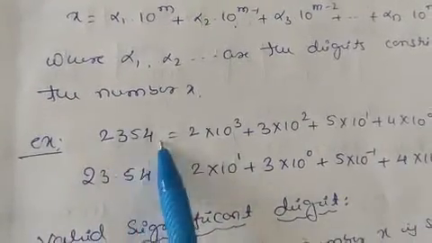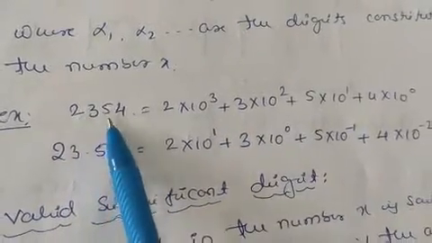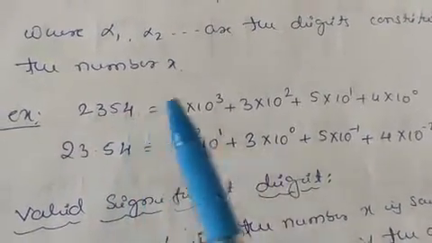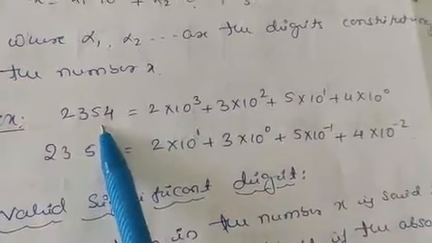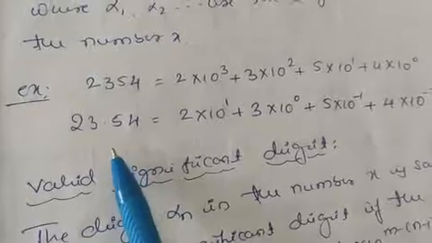Here we have 3 digits after 2, so it is in the thousands place. Then plus 3 into 10 raised to 2, since we have 2 digits after 3, plus 5 into 10 raised to 1, plus 4 into 10 raised to 0. Now if it is a decimal number,